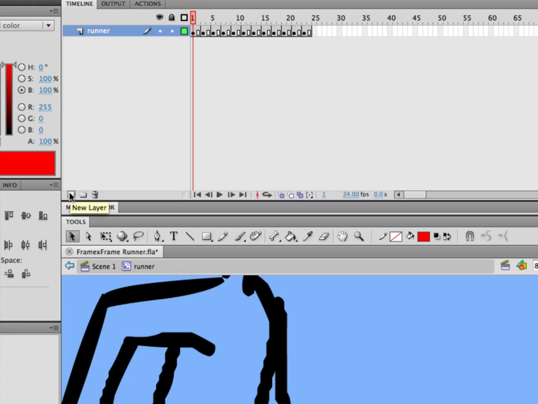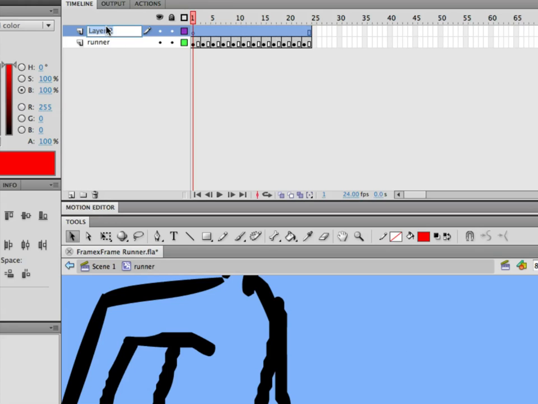So the first thing I can do is make a new layer, and let's just call this the red shirt. And the neat thing is you can have all of these different layers residing within the symbol, and then the animation will still work too, like the motion tween that I showed you guys how to put on this guy, that'll still work. So now I can just sit here and take the paintbrush and start painting,